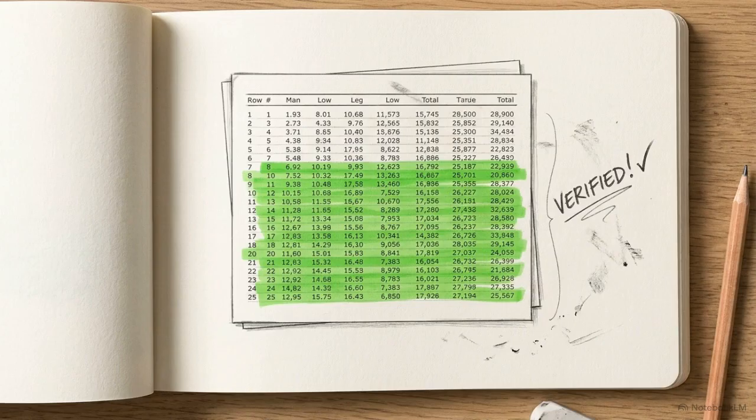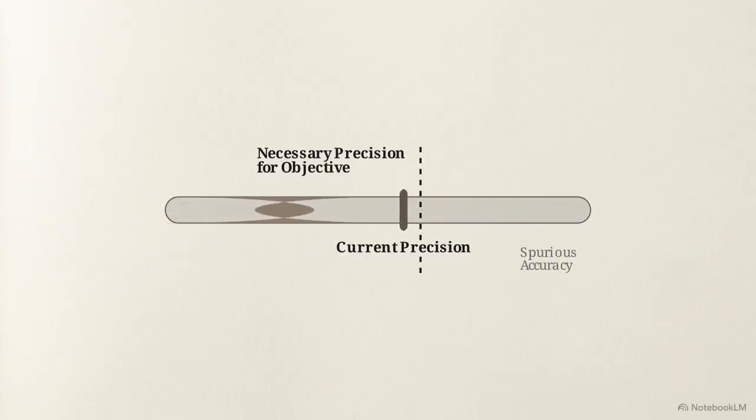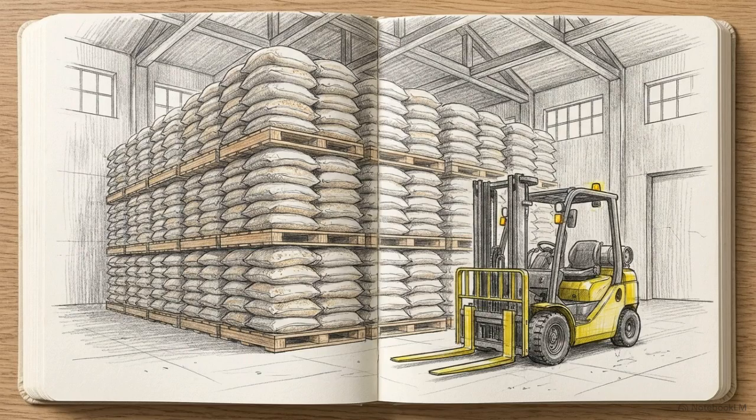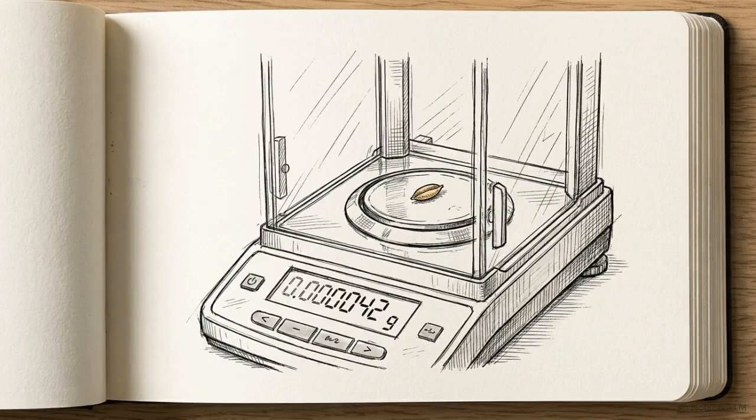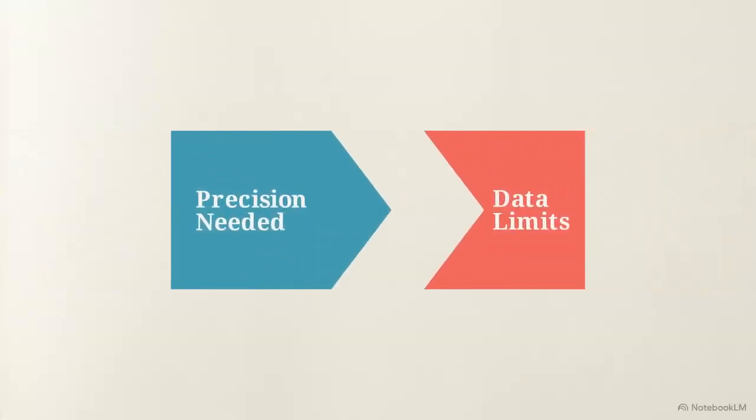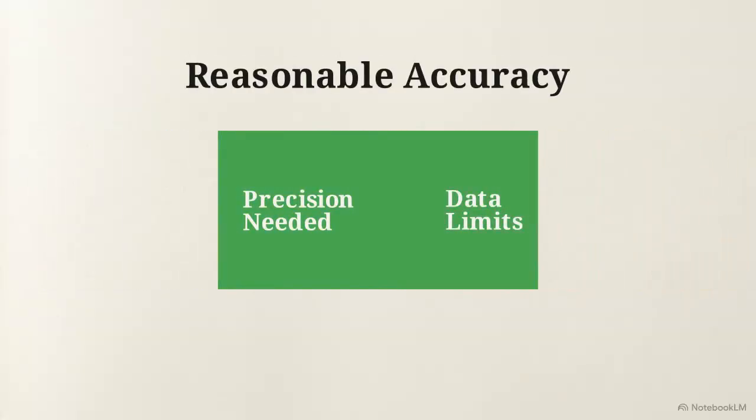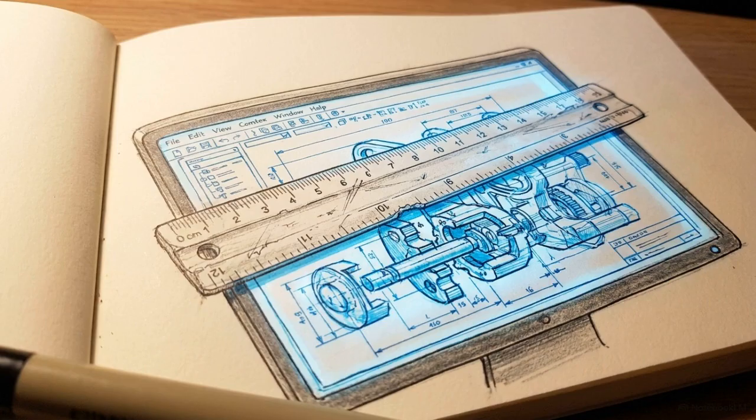We avoid this trap by adhering to the professional standard of reasonable accuracy. This standard seeks only the precision practically attainable and necessary for the objective. If you are weighing massive shipments of food grain in heavy quintals for large-scale logistics, recording the weight down to the exact gram is an unnecessary waste of cost and effort. Reasonable accuracy aligns your required precision with the practical limits of your data. Spurious accuracy outright misleads the user, projecting a highly exact figure that your measurements cannot support.